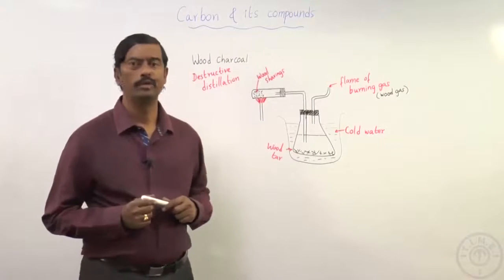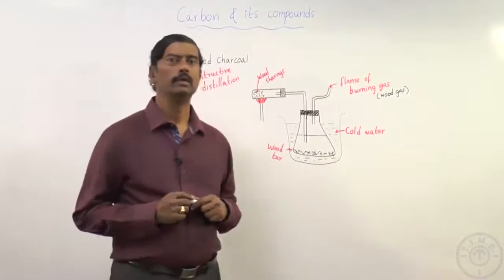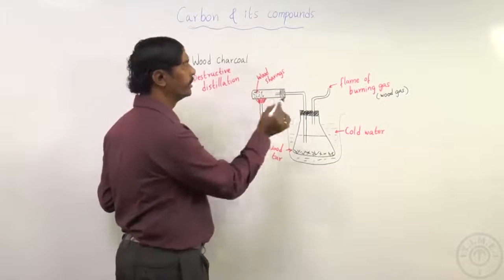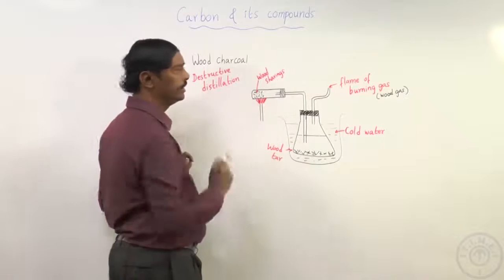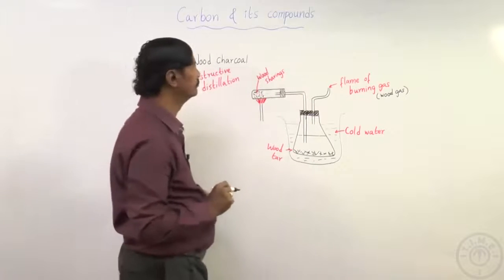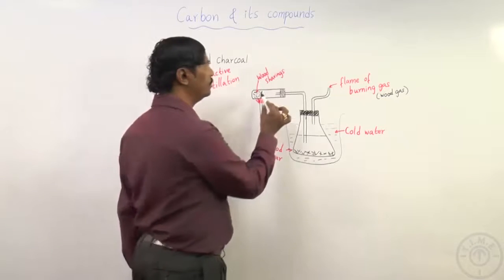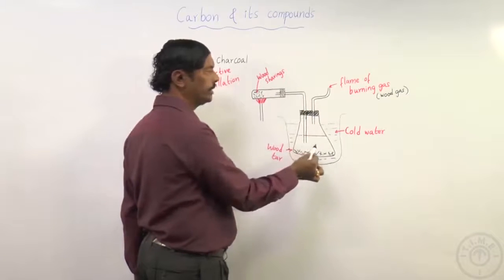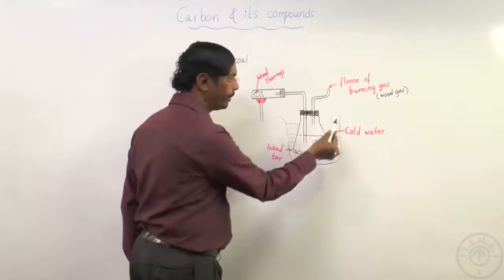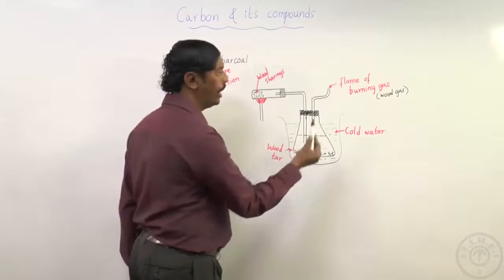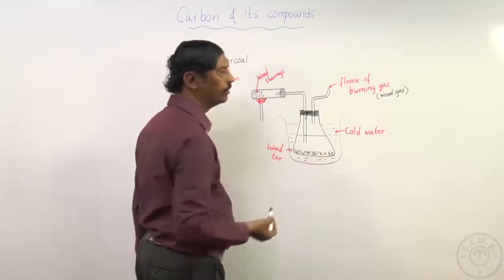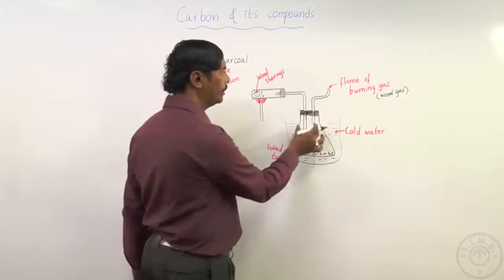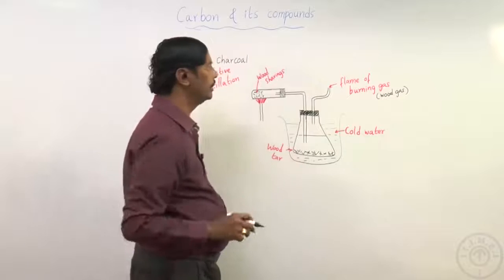We'll now see how wood charcoal is prepared. We'll take the shavings of wood in a test tube and then heat it using a Bunsen burner. And whatever fumes come out of this enter into this conical flask, which is kept at a lower temperature by a cold water beaker. This entire conical flask is placed in the beaker containing cold water,